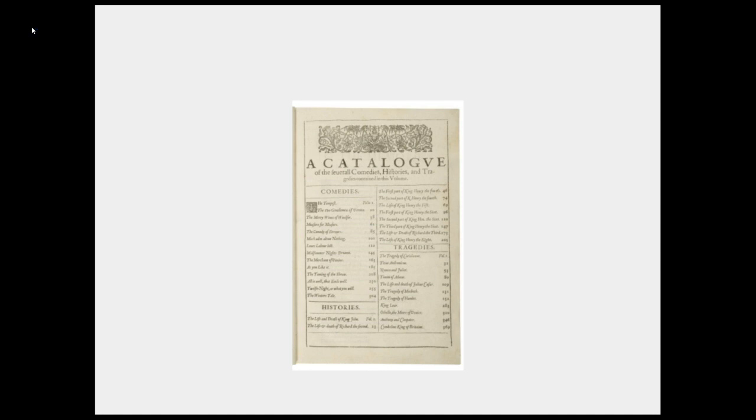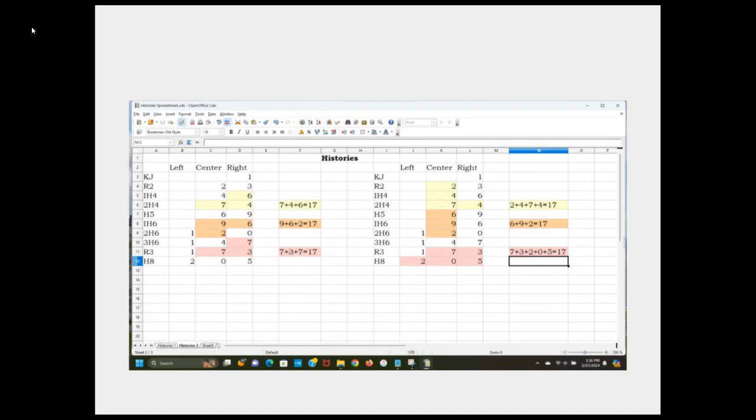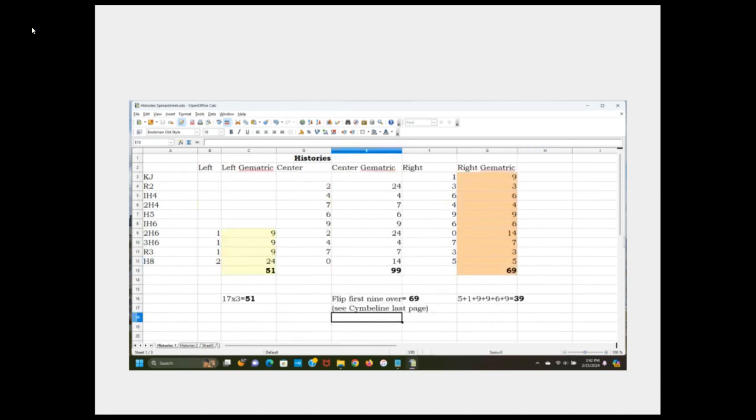suspicious anomalies. So here we can see 6 examples of 17 in contiguous non-geometric numbers in the histories. There are more, but I think this is enough to show intent. Here are the geometric values added. So in yellow, we can see the left-hand column totals 51, 17 times 3, a number we've already seen in